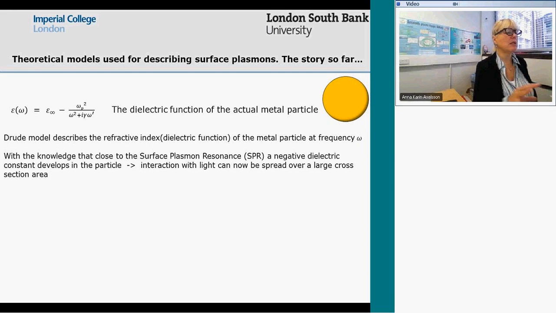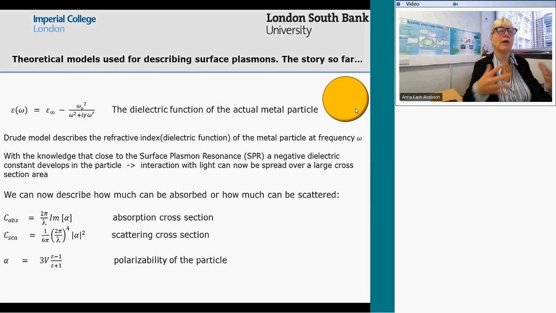So for you to understand how the process of working with the theoretical models goes, for example, we used the Drude model to look at the dielectric function of, say, a surface plasmon resonance, like a gold spherical particle, and we can get an understanding of how the dielectric function is varying over different shapes and spaces and methods,